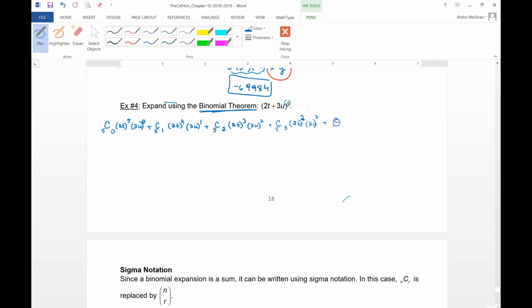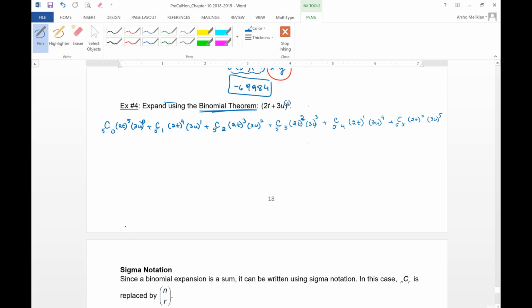And then C(5,4) (2t)^1 (3u)^4, and then C(5,5) (2t)^0 (3u)^5. Okay? Fabulous. Okay, so now